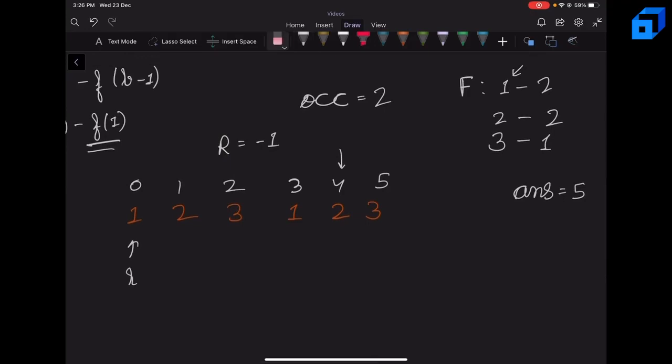Now, since we have processed this current L, we will increment our L. So now we've incremented our L, and now we need to remove the contribution of this one. So we'll reduce the frequency of 1, and since the frequency of 1 is 1 now, the number of special elements will also decrease.